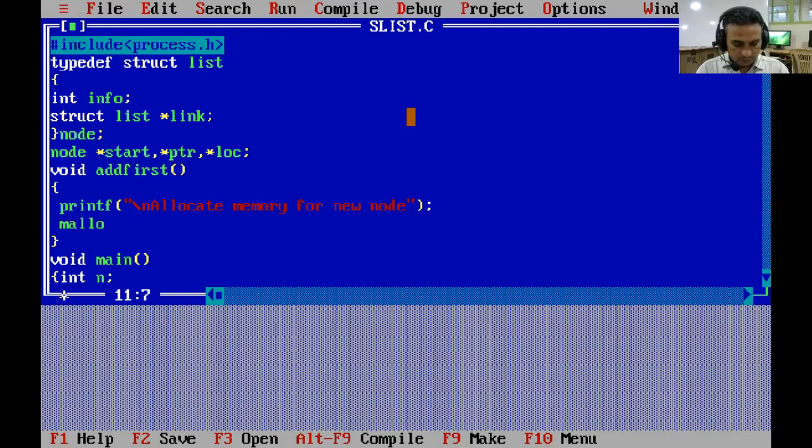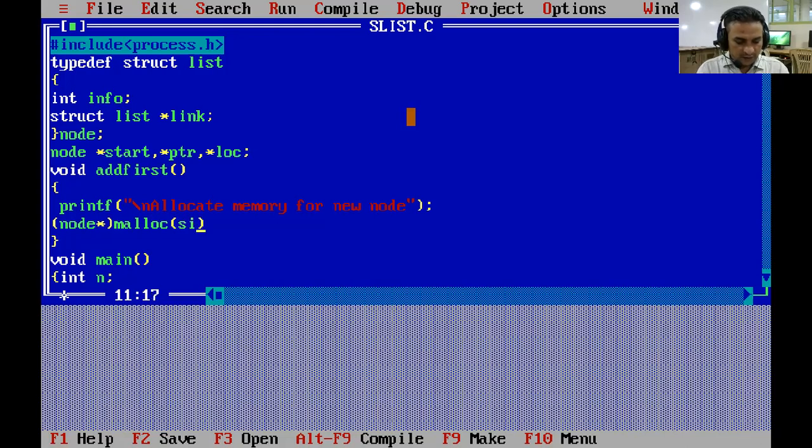At runtime, malloc function will provide the memory for new node. So here we have to write node pointer and how much memory we require.